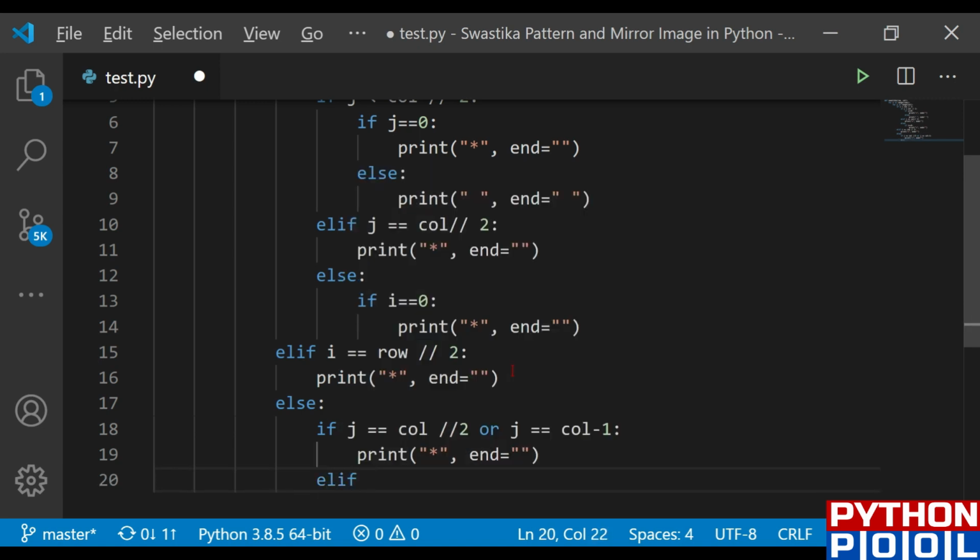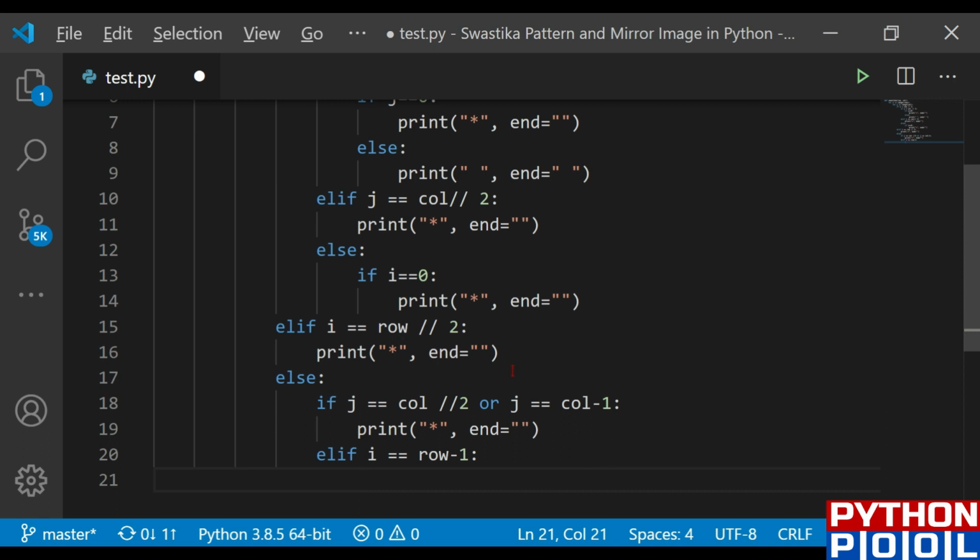Let me define the elif condition. If my i equals row minus 1, this could be the condition. In this case, once again, I need to check certain if-else conditions.